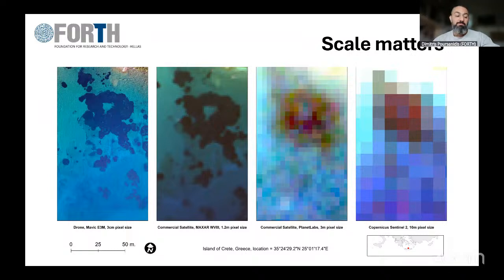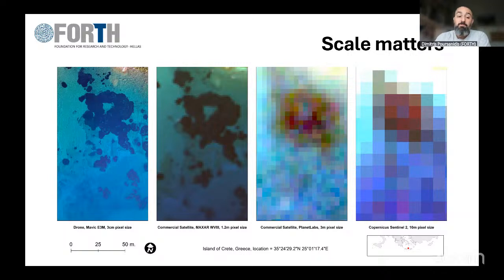Something that is always of interest to me, and I think will trigger further discussion, is the scale. The scale of Copernicus Sentinel-2 against Copernicus contributing missions like Planet Labs and Maxar, and against drone data. You can see the same meadow with different sensors, how it is visible, what you lose, what you gain. By that, you understand pretty well that depending on the needs of your mapping activities, you have to choose the best available sensor at that time, based on funding, on demands, if you set the baseline for future work, or if you want to do monitoring,